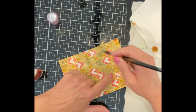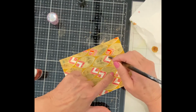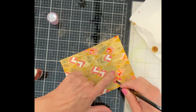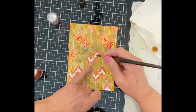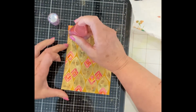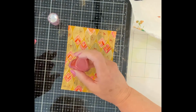Before moving on to a new area that is right next to a previously colored one, I do make sure that it is dry first. If the powder strays onto an area that you don't want it, if it is dry, that powder can easily be removed. I found that the leaves on this panel didn't have the color variation that I was looking for,